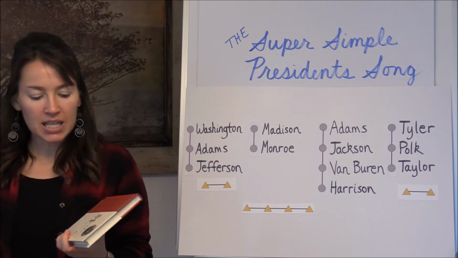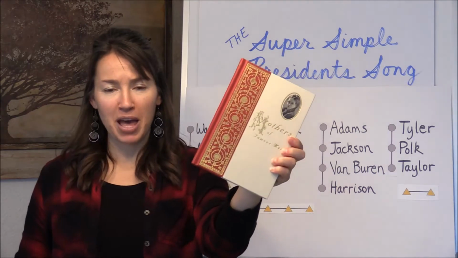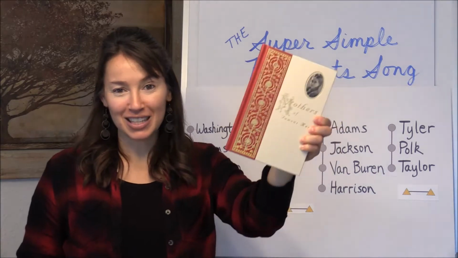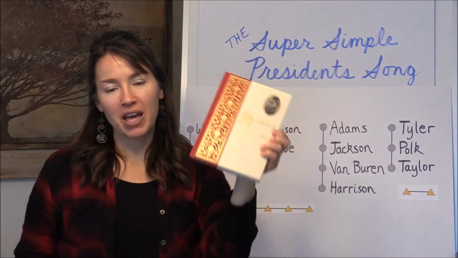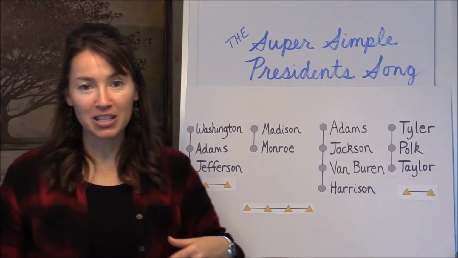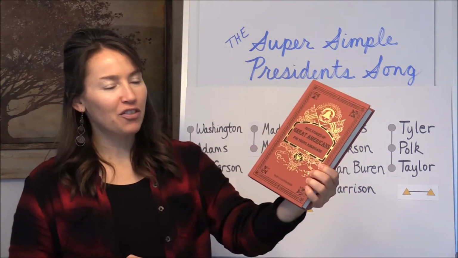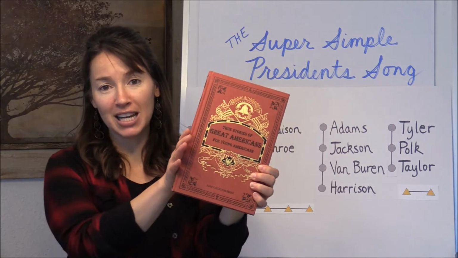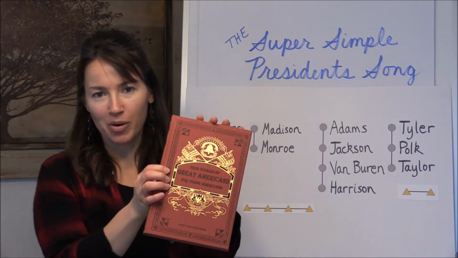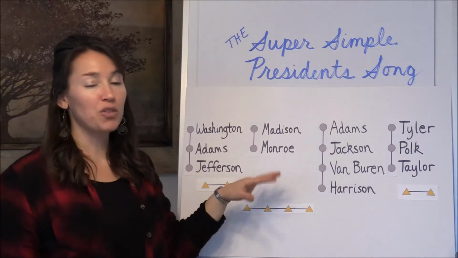So a couple other resources, these are both published by Lamplighter Publishing. One is called Mothers of Famous Men, and in this one, the author has compiled, obviously according to the title, mothers of famous men, and there are several mothers of presidents, I think 5 or 6. So they're not all mothers of presidents, but several of them are. And then True Stories of Great Americans for Young Americans. So there are several mothers of presidents in here. I think there's one wife of a president as well. So those are some great resources for delving into more about the presidents themselves.